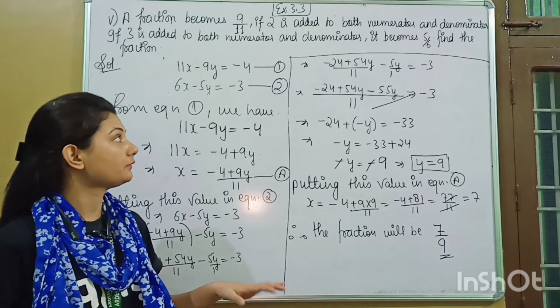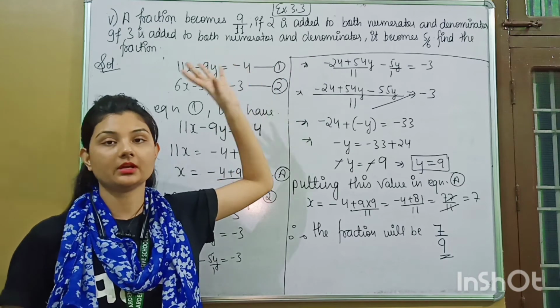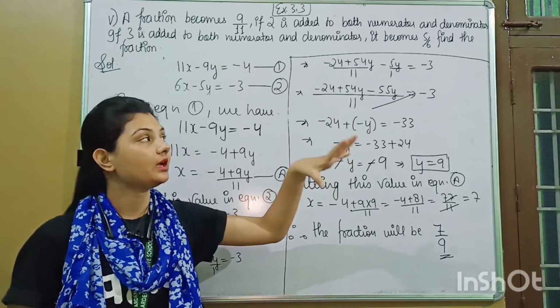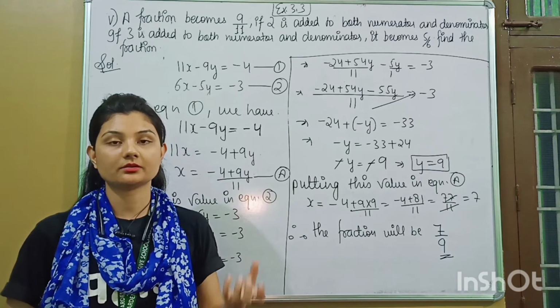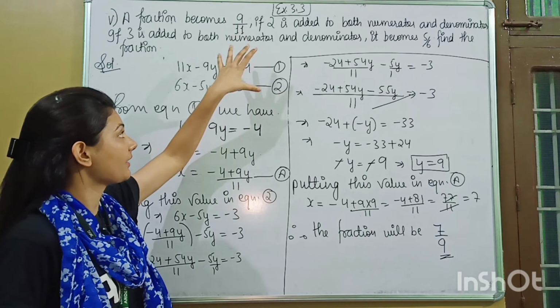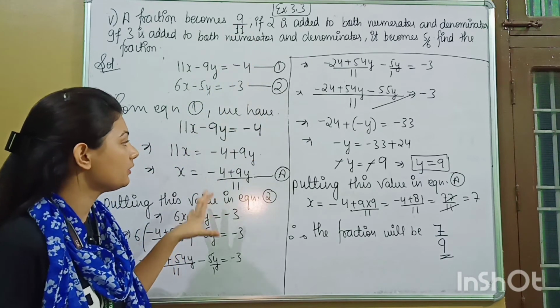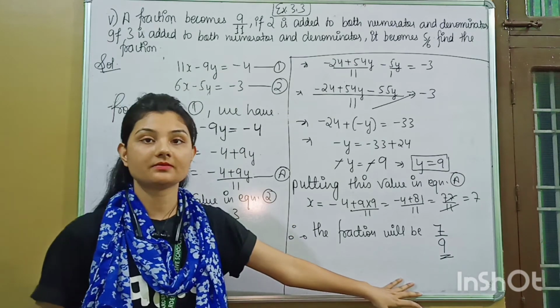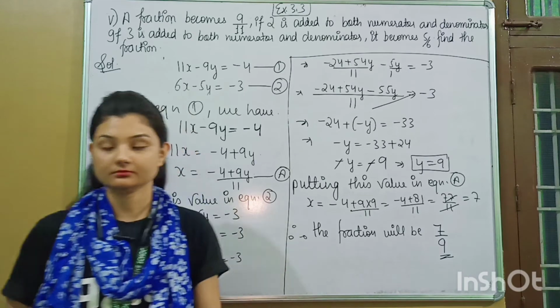Whenever you are given questions in the form of a fraction, we assume the numerator as x, we assume the denominator as y. Now as we know that fraction is equal to numerator by denominator, so that will be x by y. Now you have to make the equations, solve those equations by using substitution method and you will get the value of x and y, and at last we will write this x and y in the form of a fraction only.